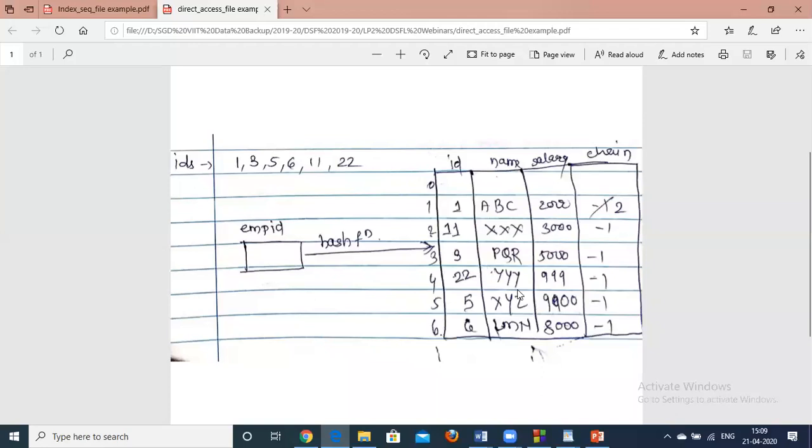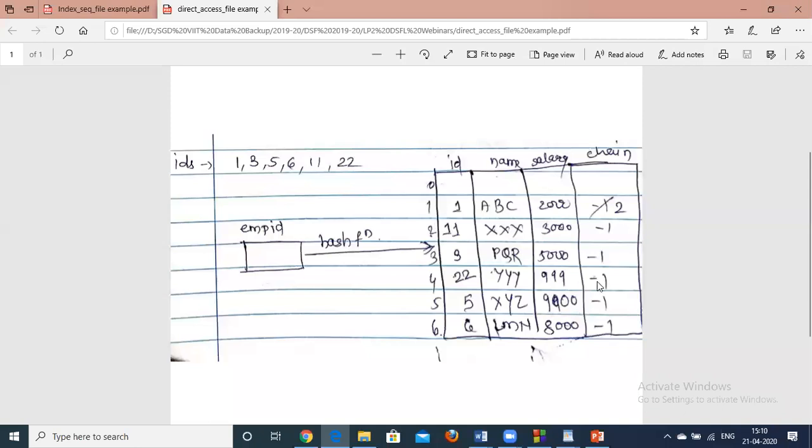So if we want to apply the algorithm for searching, if I have to search for 22, I will start from its own hash value place, that is 2, and I will go on searching for the start of the chain till an empty position is found. So from 2 till an empty location is found, I will search first for the start of the chain of 2, and I get the start of the chain of 2 here.